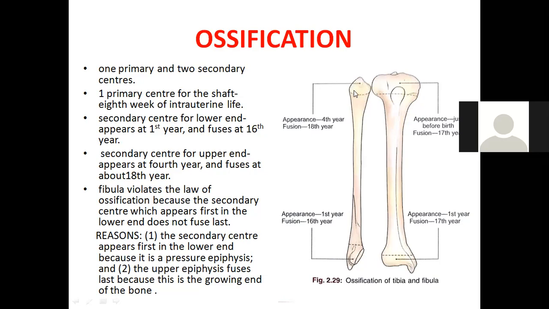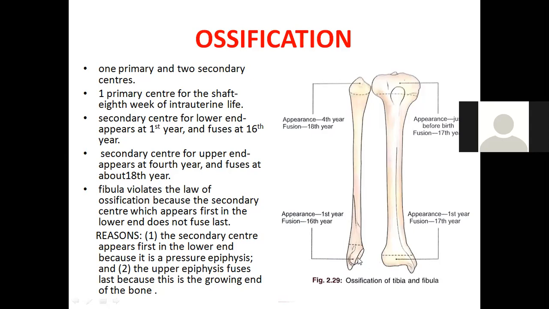First thing is, when you look at the upper end, it will be little pointed. Okay, when you look at the lower end, you should check for the downward projection on one side, that is usually on the lateral aspect. Okay, because this is the lateral malleolus. And on the medial aspect, you should check for the facet. Okay, that facet is for the tibia. Okay, that means here we have the tibial facet for the tibia to articulate to form inferior tibiofibular joint.